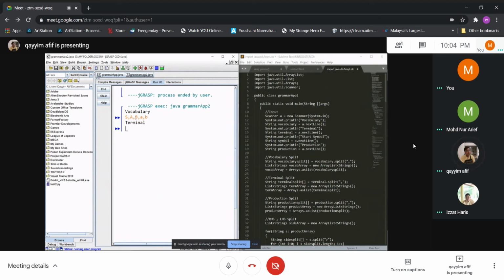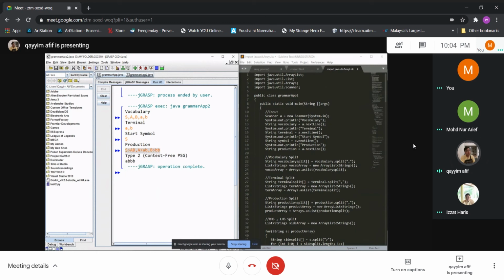The terminals will be the non-capital letters, so we input a and b. The start symbol will be S, and the production will be the simple one, just like in the question.